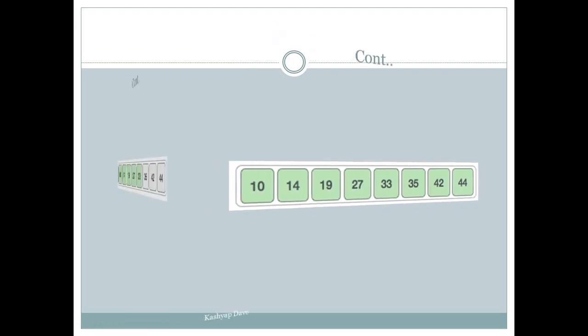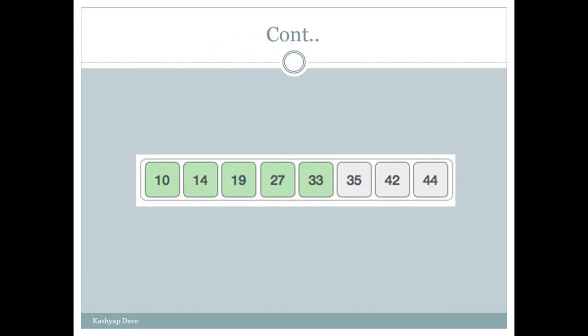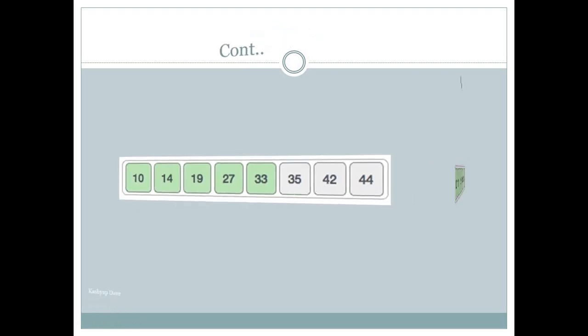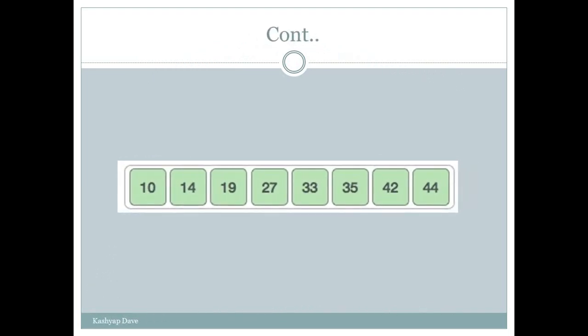Again we will find that 42 is also in sorted manner, and 44 is also in sorted manner. So at the end we will find this type of array. In that array we can see all 8 elements are sorted in a proper manner, starting with 10 and ending with 44.